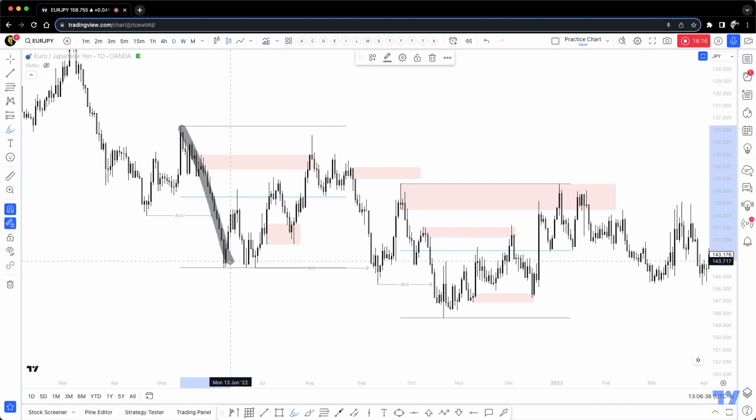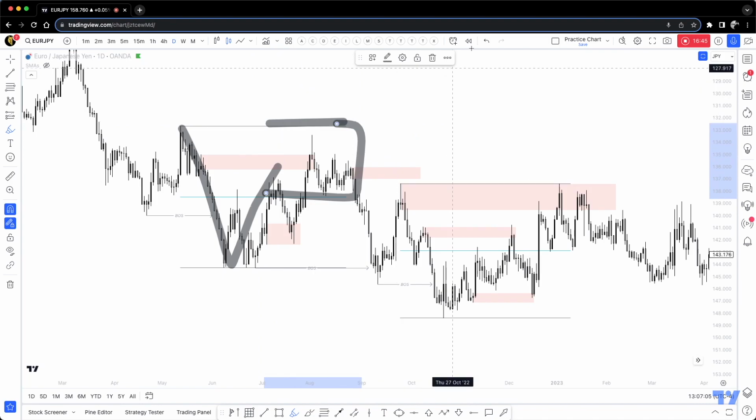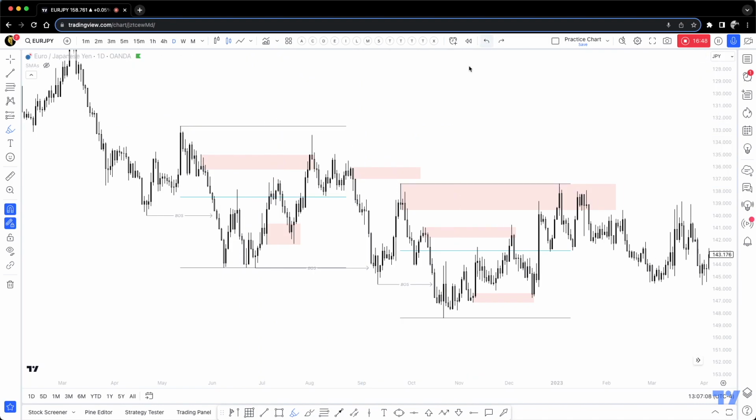This is where most of my losses are coming from, actually, when I'm trying to anticipate the end of the pullback. If I'm patient enough and I wait for the price to be in the discount, I'm sorry, in the premium, I have my most wins right here. But most of my losses are actually coming from here, from trying to anticipate that pullback. And I have to admit it, that's the truth. Most of my students are also having the same losses right there. So it's your decision. At the end of the day, it's up to you what you're going to do.